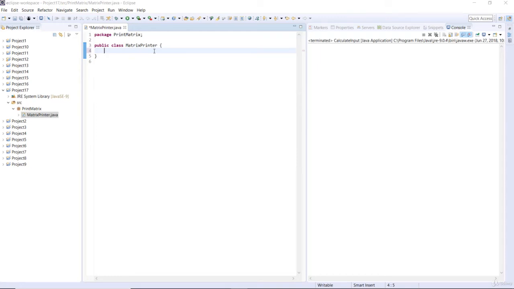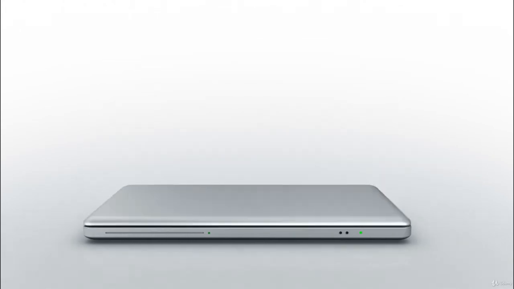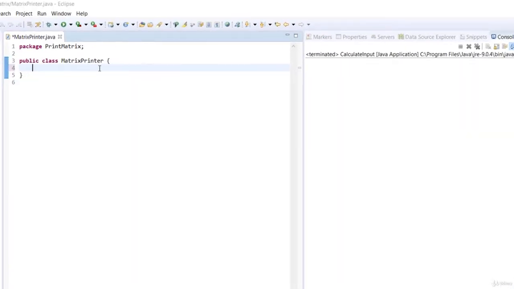In this video lecture, I'm going to teach you how to print out numbers in matrix format. So, we're going to learn how to print out a matrix. I've created a class called MatrixPrinter with a package name printmatrix, and we're going to accept input from the user so that whatever you give us, we'll go ahead and print it out in a matrix format. So let's first of all import